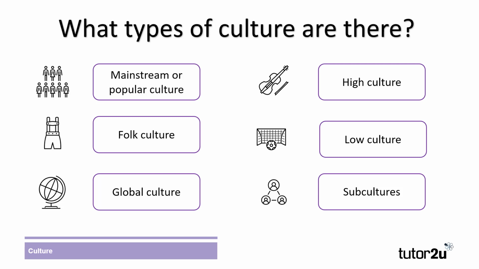Other types of culture that are often discussed on sociology courses are high and low culture. High culture often reflects the tastes and attitudes of those in the higher status positions in society, the middle and upper classes, and is assumed to be more sophisticated and complex, and therefore has higher value. For example, theatre, opera, ballet and classical music.